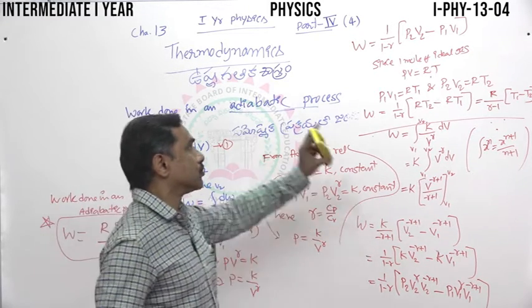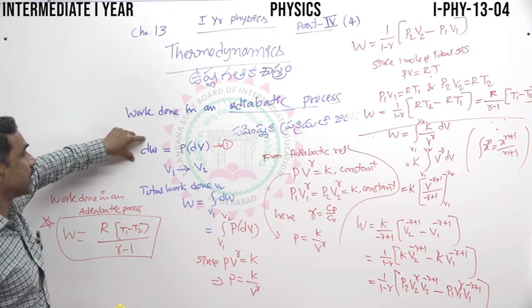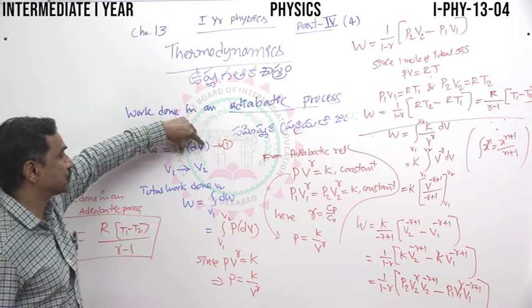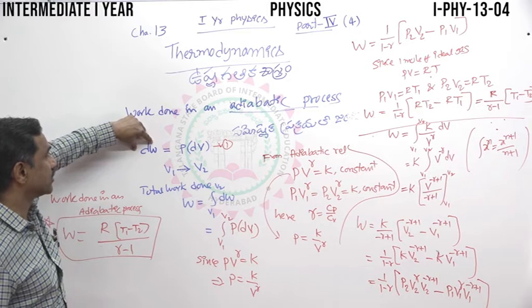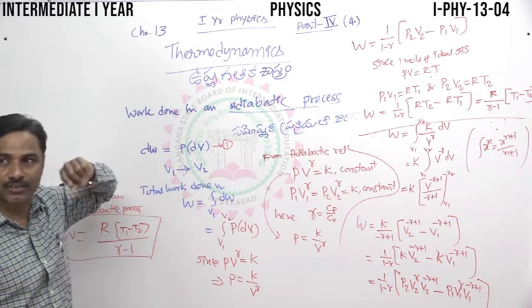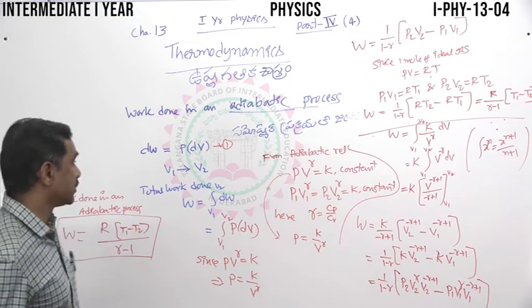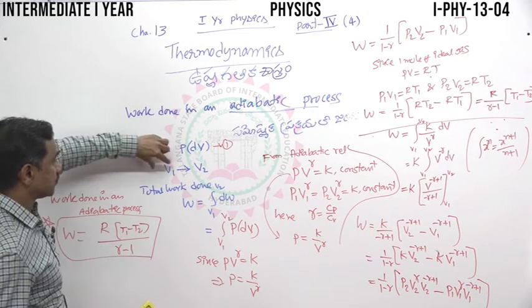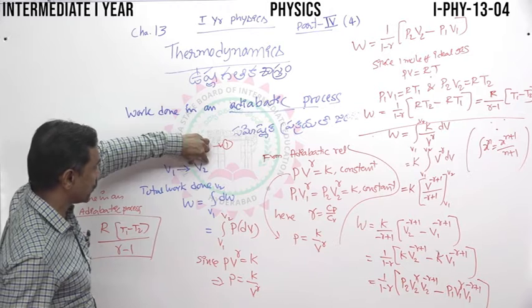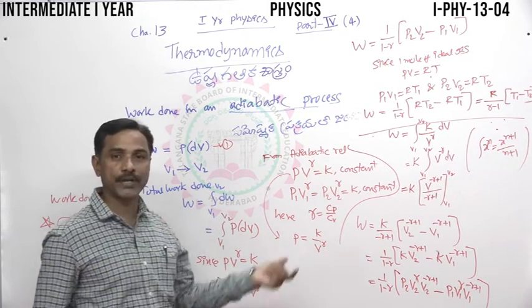Starting with work done in an adiabatic process. For a small change in the volume, small work done is given by PdV. In the previous chapter, we already learned and derived this, the work done by the system in expanding the piston. If the volume changes from V1 to V2, then the total work done in an adiabatic process is obtained on